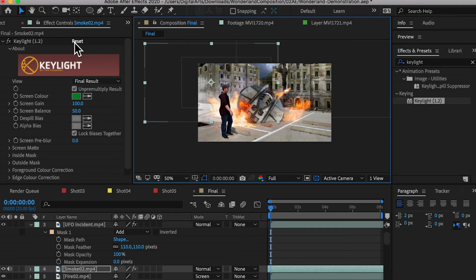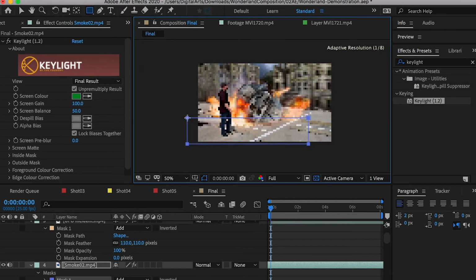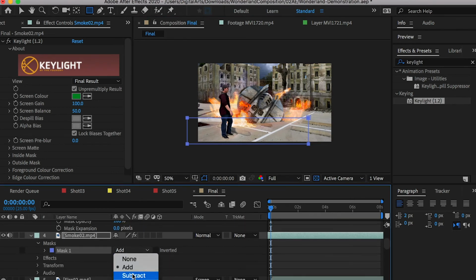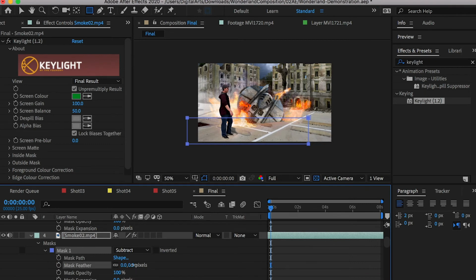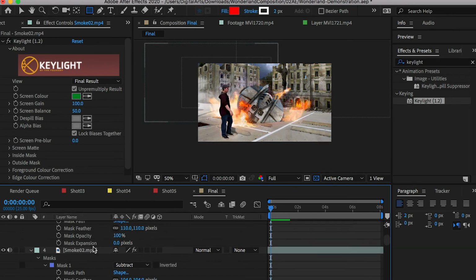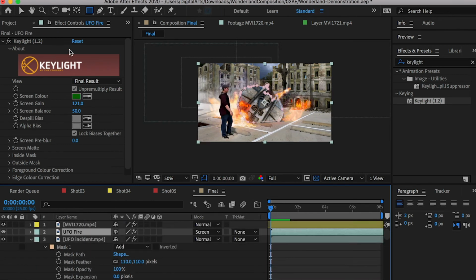And we'll use a mask to mask out the border. Go to this mask, change the mask type to add, and also increase the mask feather. So here we go. That is behind this UFO, and in front of it, we can also add a